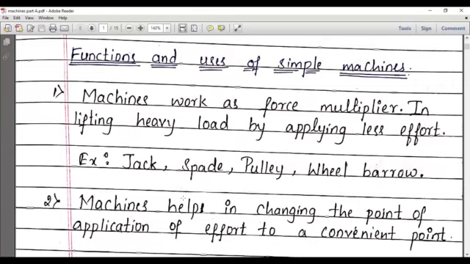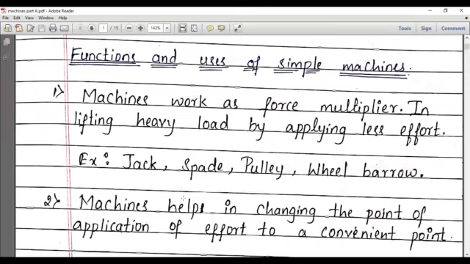By applying a small amount of force, we can do a large work. Examples: a jack is used to lift a car, a bar is used to lift a heavy stone,